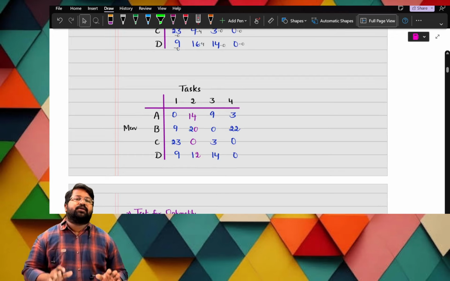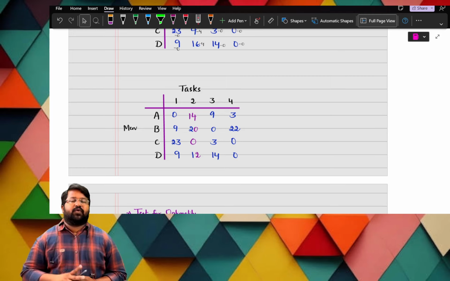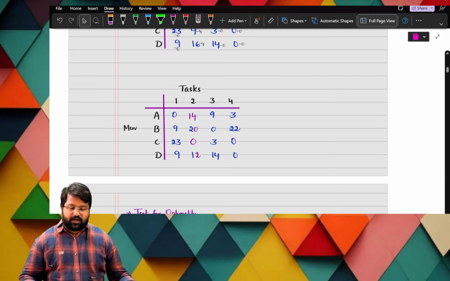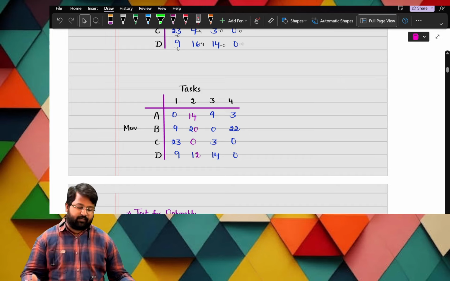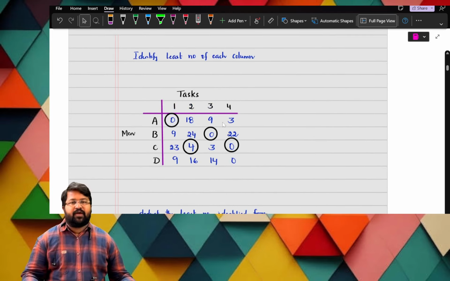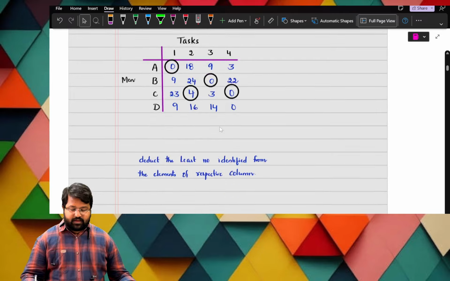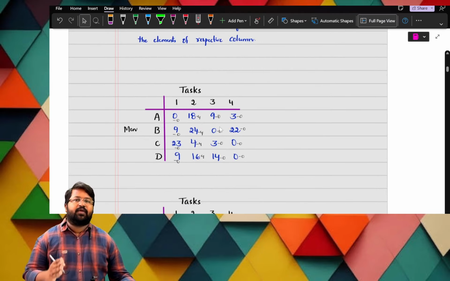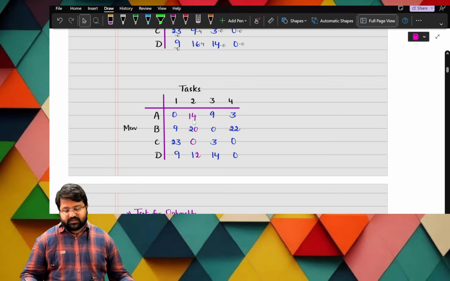So now what is the next step? We have done row operation and column operation. So you write down, you do till the column operation, so that I can tell the further step. Here we'll identify. You identify quickly. You pause here and identify. Next you have to write that number. So you do the same thing. Pause the video and do it. Next, after this the end result will be this.